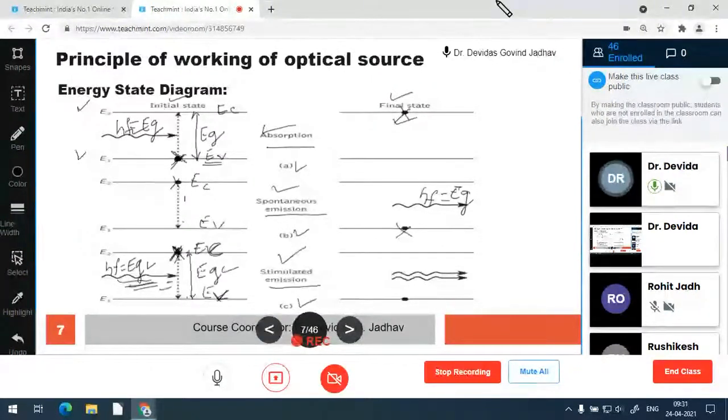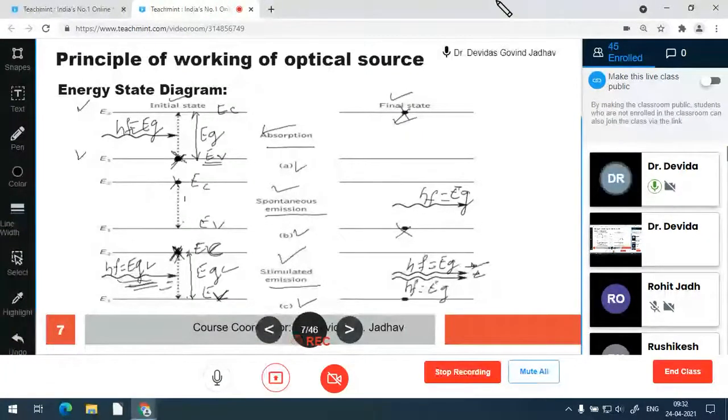As it jumps from conduction state to valence state, there is emission of one more photon. So this is a stimulated photon. The original photon is also having the band gap energy, hf is equal to Eg, and the emitted photon of course has the energy equal to band gap energy. So two photons of the same energy, with the same speed, with the same direction and with the same phase relationship will now be present, get radiated. Okay, so these are the two photons.